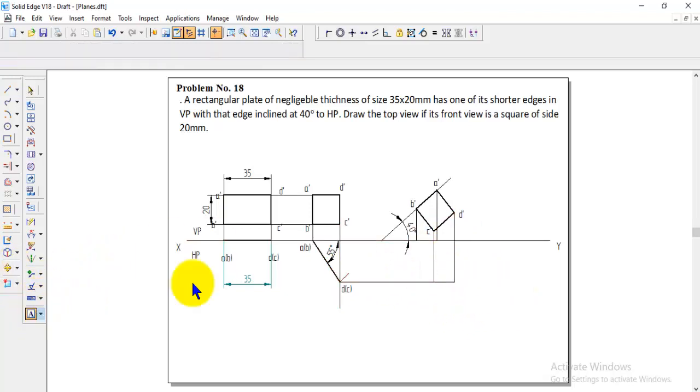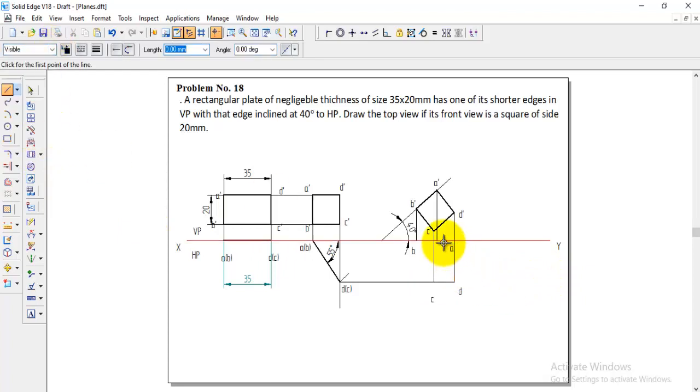Before joining all these points, you can name them first. This is A, and here we are getting B, C and D. Now go to line, visible line, and join all the points here from A to B to C to D and back to A.